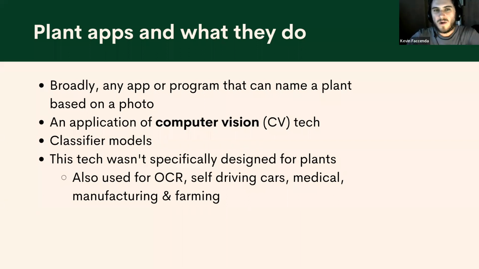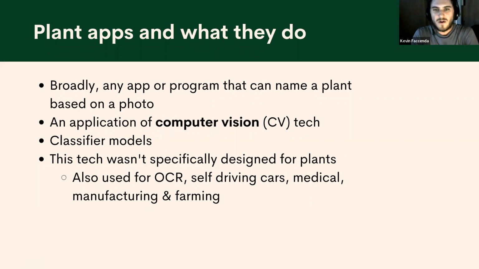Moving towards the 21st century, we're introducing these concepts of plant apps. As we've defined them, they're apps on your phone where you take a picture of a plant and it tries to identify it for you. So this is a pretty big improvement over the methods Chuck described, where you get an identification basically instantly and often with quite some reliability behind it. And most importantly, it's just instant.